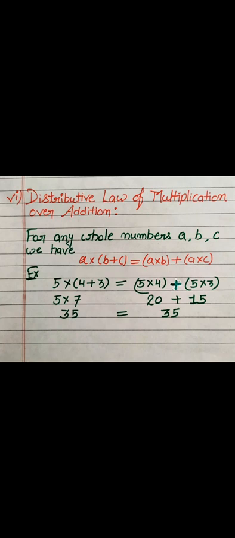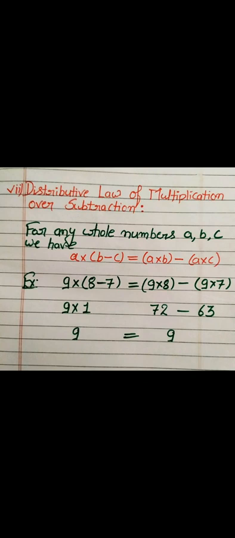Now the same property is also applicable in subtraction. So again, if we have a number a before the bracket in multiplication, then this a will multiply with both the terms of the bracket, like first a into b minus a into c. Now, as in the example, we have taken three numbers 9, 8 and 7. So this 9 will multiply by both the numbers of the bracket, like first 9 into 8, then minus 9 into 7. And if we solve both the left hand side and the right hand side, we will get